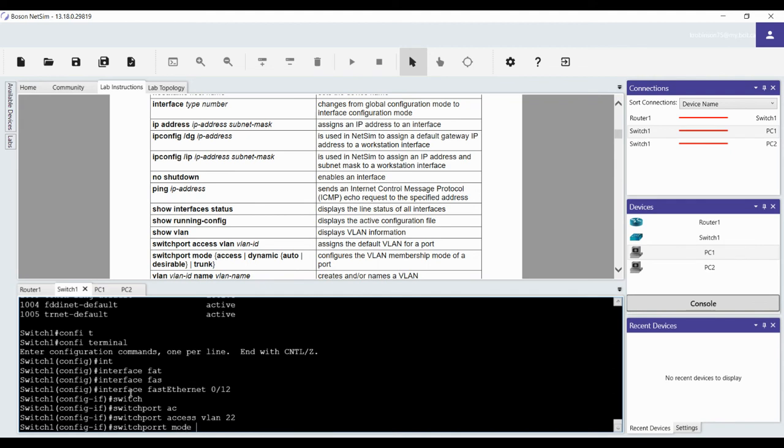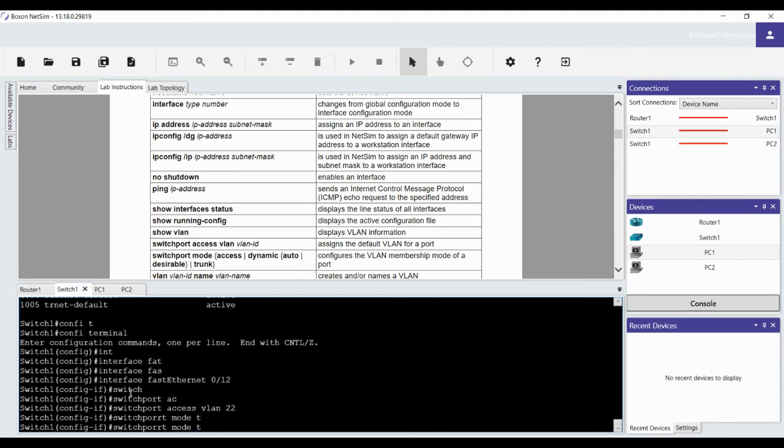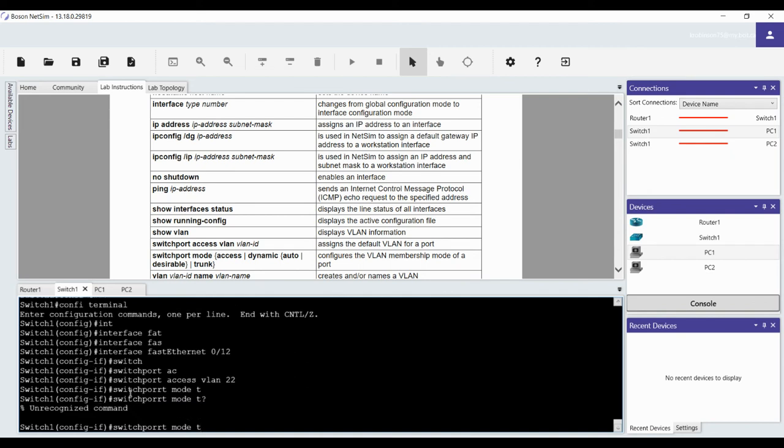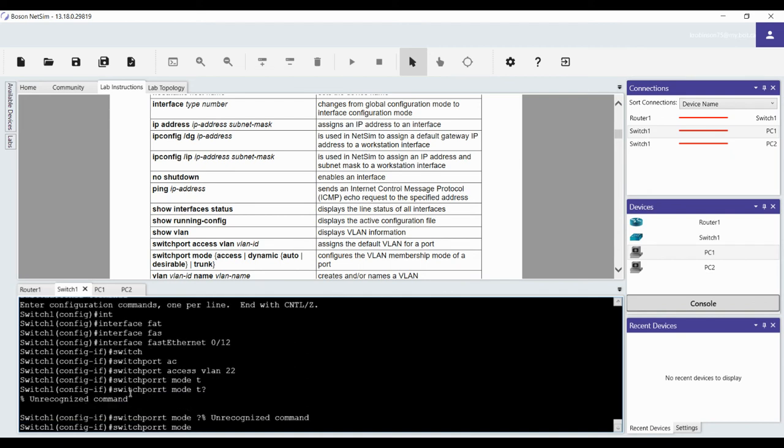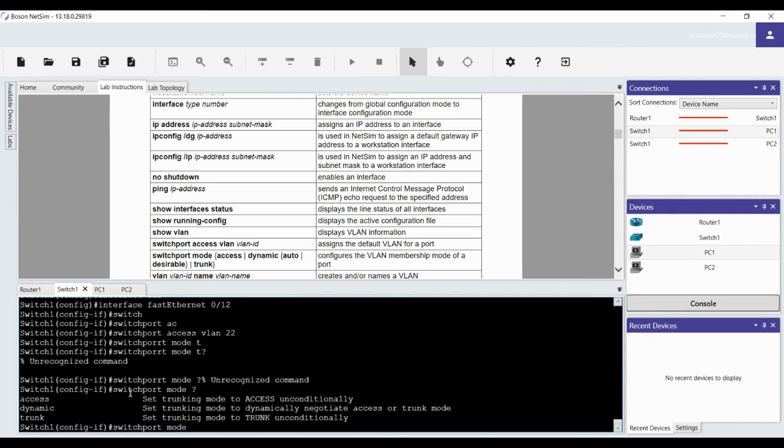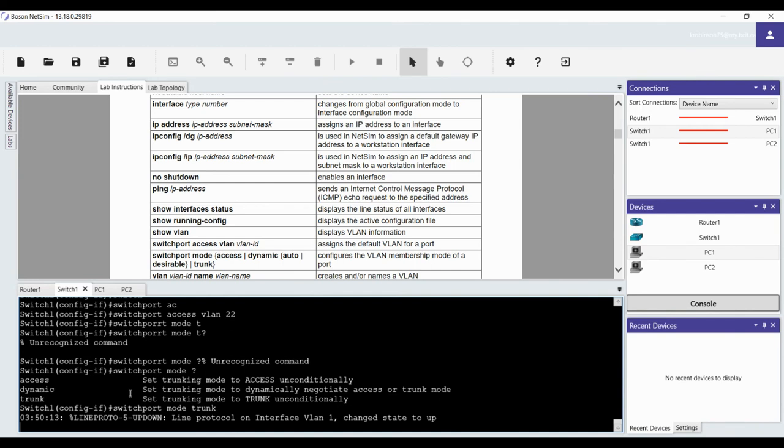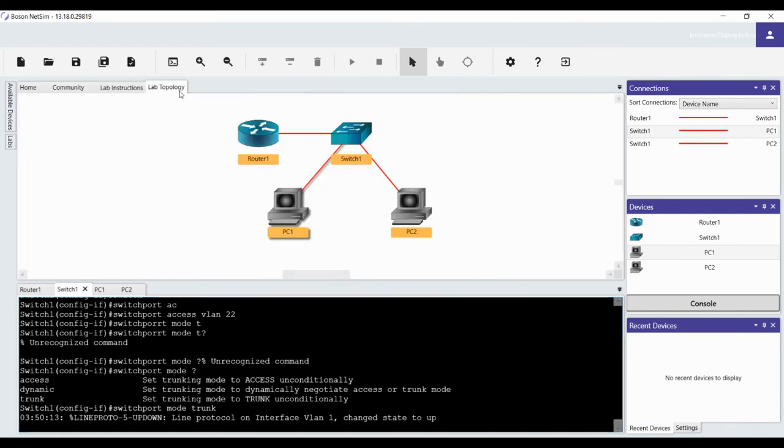mode. I think because this is going to be a router, okay, see, it's got a typo, right? So that's why it can show me what options I have. So switchport mode, and then I hit question mark and I see the options I have. And so this is going to be a trunk. Okay, sweet. Okay, so you're probably saying, hey, Kyle, what is the difference between an access port and a trunk